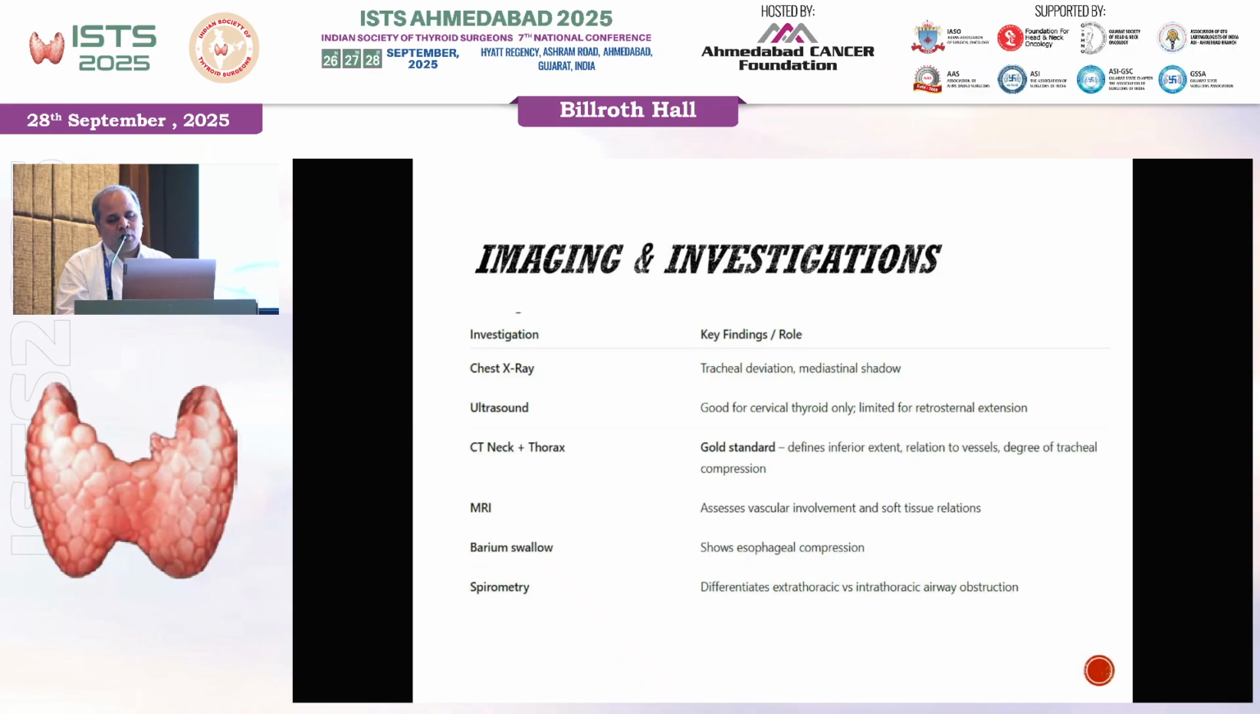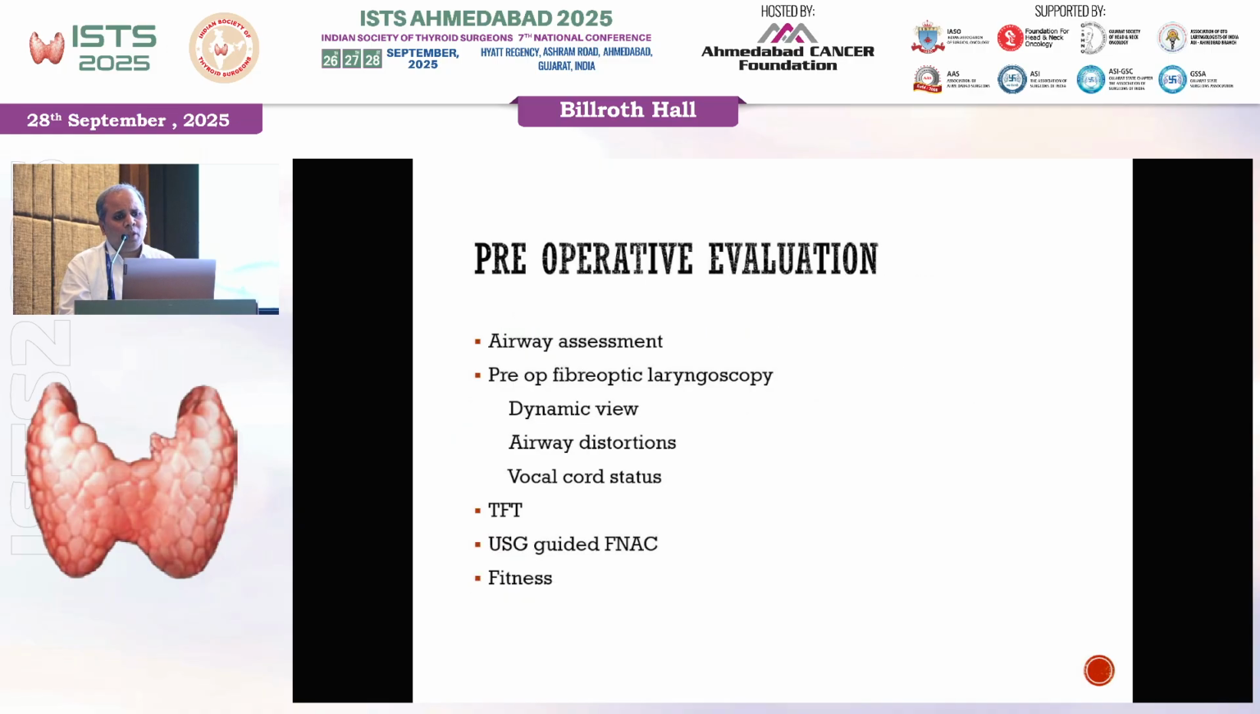The imaging, the most important imaging, which is a cornerstone of diagnosis, classification, and deciding the approach, is your CT scan. And of course, you can use MRI as an adjunct for vascular involvement, barium swallow to look at any esophageal involvement. X-ray at times very nicely gives you anticipation of a difficult or a deviated airway. And pre-operative evaluation, apart from your routine investigations,